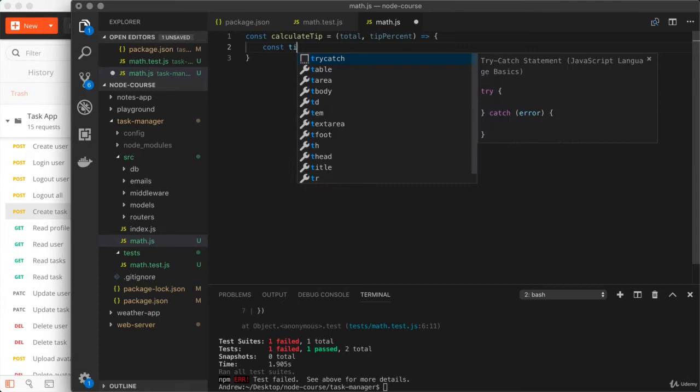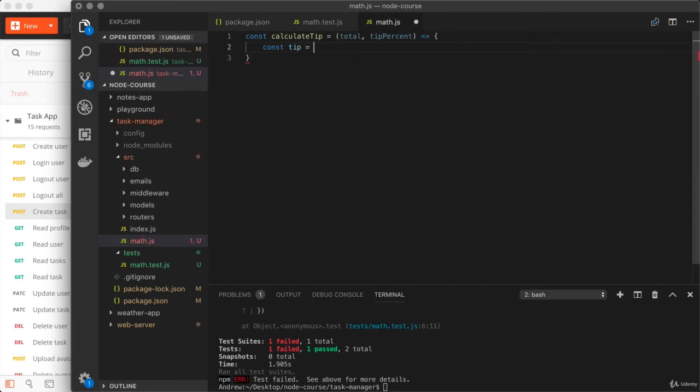The first thing I'm going to do is calculate the tip that should be left. That would be the total, let's say it's something like 10 for $10, multiplied by the tip percent as a decimal. So if I wanted to tip 30%, I would pass in 0.3. Right here, let's go ahead and add that into the mix. And now tip is going to store the tip amount. So if it was a $10 total and a 30% tip, we would have 3 stored as the tip variable value. Now down below, we can go ahead and continue on. I'm going to return the total plus the tip